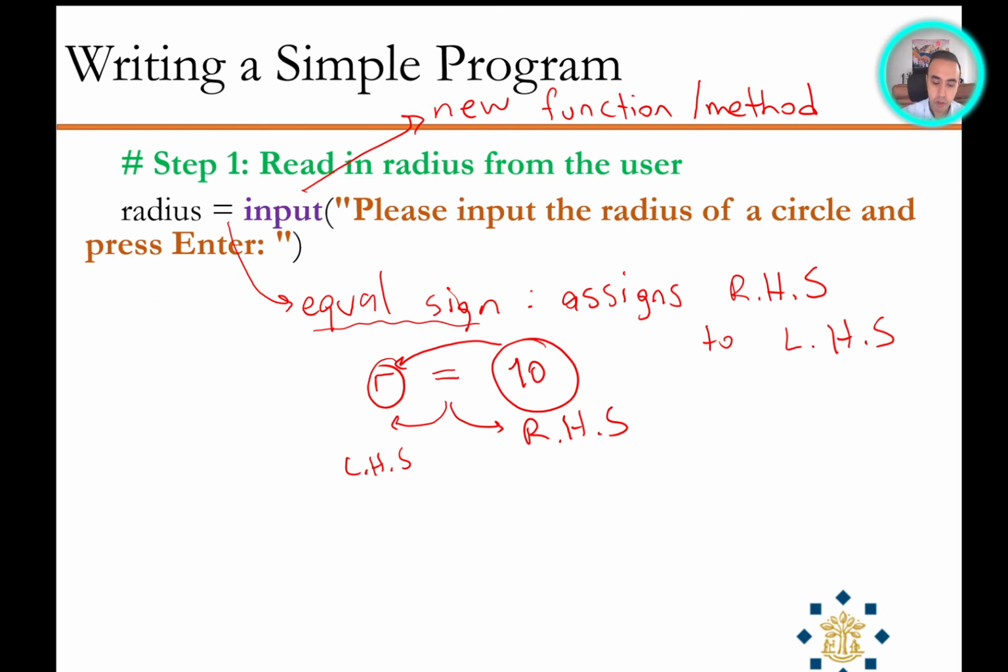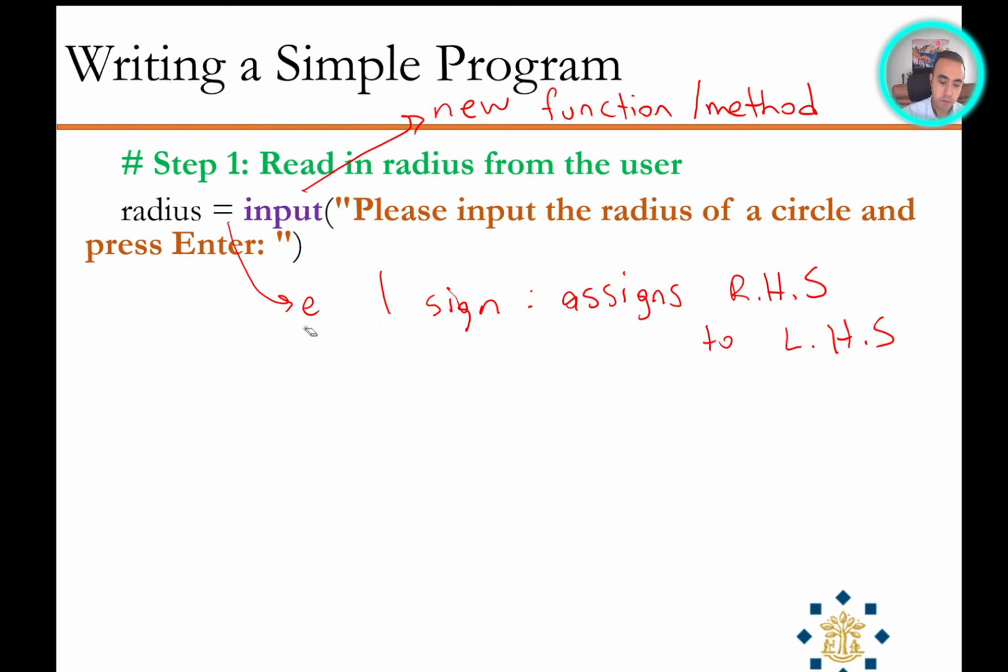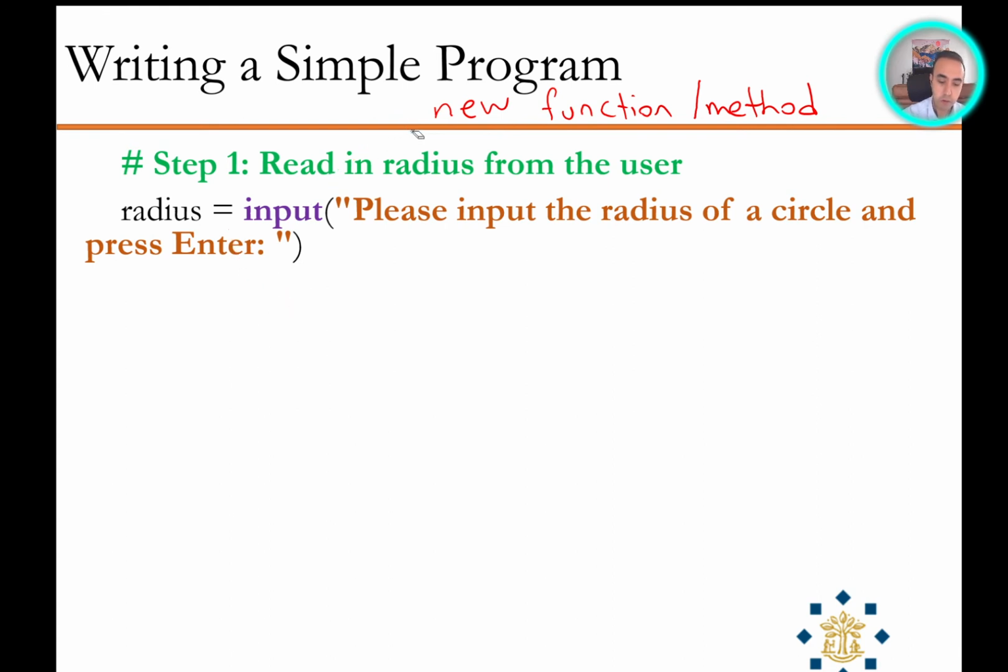So two things we learned today in this particular step. We have the equal sign, and then we learned this new function that is called input. And then we turn radius into a float. So float is another new function. Another function that we are learning today, that is float. What it does, it converts